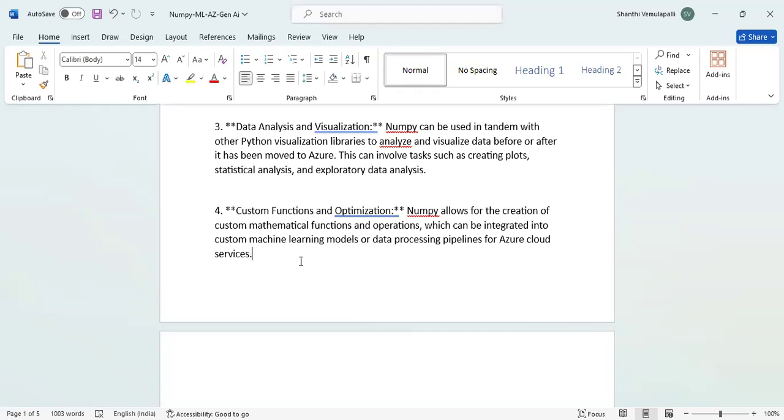It means that is nothing but you are having some data sets, you are pulling them and analyzing them and drawing some kind of output of that. Statistical analysis outputs, which can be integrated into custom machine learning models or data processing pipelines for Azure cloud services. See, when you say integration, there are two concepts.